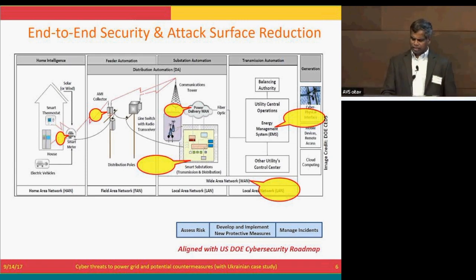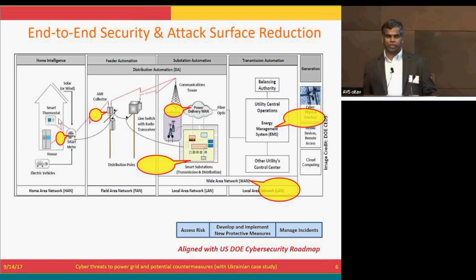This is just to illustrate, from the Department of Energy, the kind of chart they have. On the right, you see bulk generation, transmission, then the substation, then the feeders automation level, then the home level. Everywhere, automation, communication, and cyber elements are there. Security of different flavors can be embedded in each one of them. As part of their funding portfolio, they track which project addresses security at what layers and what aspect of the system in this end-to-end chain.